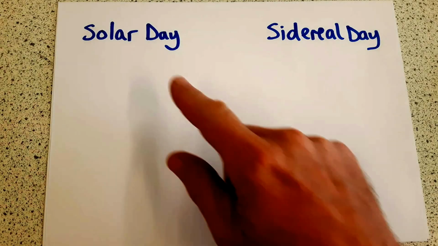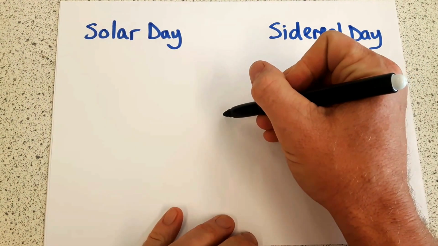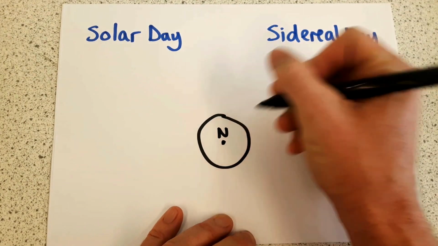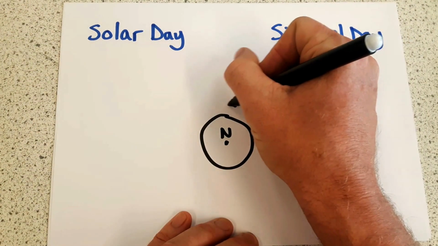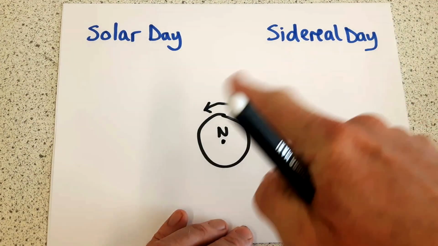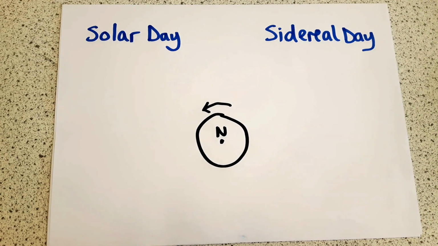So this video is about the solar day versus the sidereal day. So the Earth, if we're looking from the top, where that will be the North Pole, is spinning on its axis in this direction. And so as it rotates, the sun will appear to pass overhead from east to west